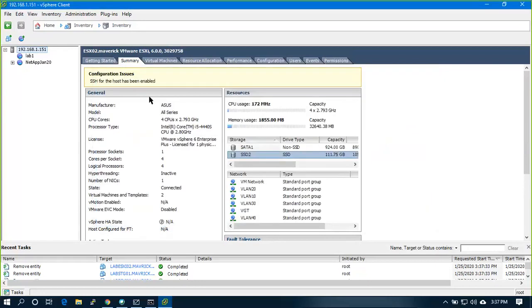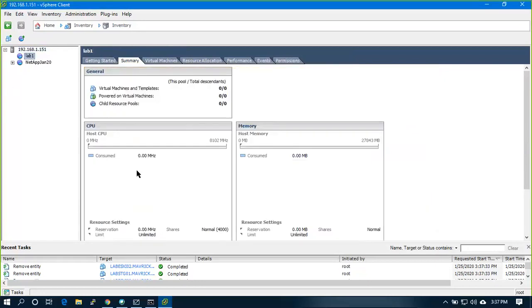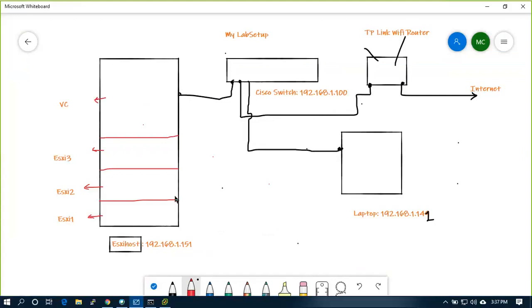Okay. So what is the first step? Create the virtual machines. So create the virtual machine. You need to create one virtual machine. Okay. Before that,